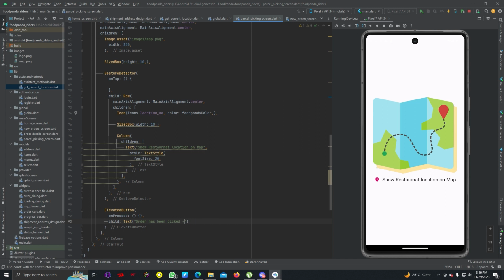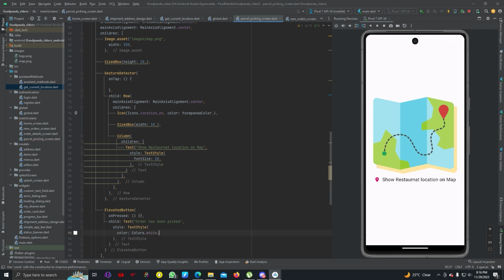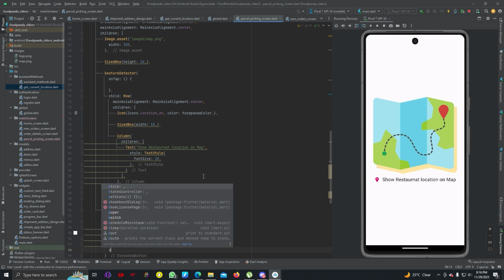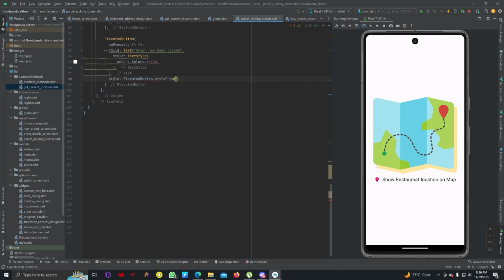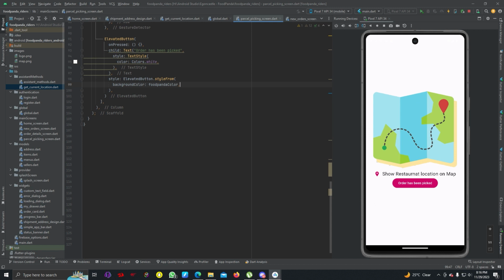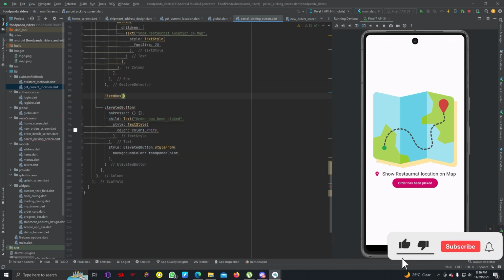Then text style, color, colors dot white, and we can give this style. So elevated button dot style from, background color Foodpanda color, and we can give some space here. So I'm going to use size box with height of 10,